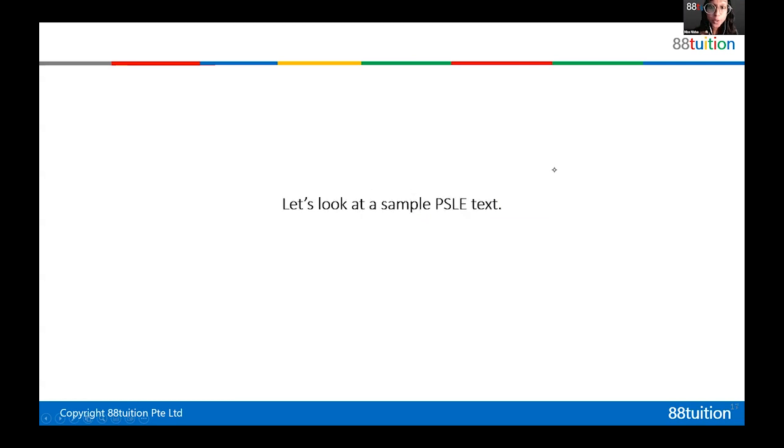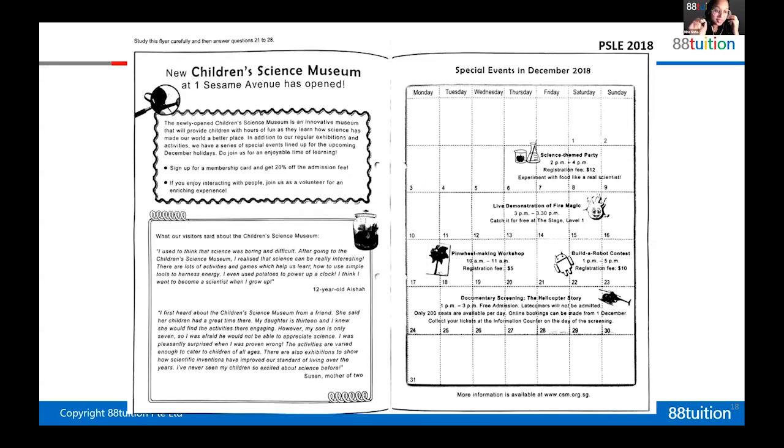Now let's look at a sample PSLE text. This came out for visual text. Can you tell me, for this PSLE visual text comprehension passage, is the purpose to persuade or to inform? Raise your hand. Yes, Yin Xuan? Is it to inform? Are you sure? Good try. Give us 1 point for trying. This is actually to persuade, because they want you to join the event, right? The museum. They are trying to convince you to visit the museum. If it's just